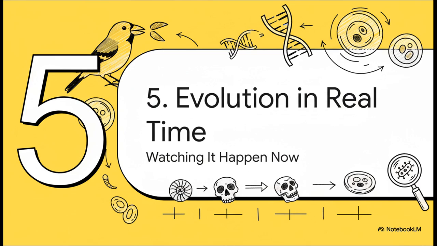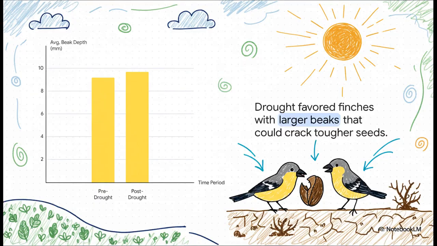Okay, so you might be thinking this is all stuff that happened millions of years ago. But nope, one of the most amazing things about evolution is that we can literally watch it happen right now, right before our eyes. Remember those Galapagos finches? Well, two biologists, Peter and Rosemary Grant, spent decades watching them, and they saw natural selection in action. A huge drought hit the island, and all the plants with small, easy-to-eat seeds died. The only food left was these big, tough seeds. And as you can see right here, the finches that happened to have slightly bigger, stronger beaks were the ones who could eat and survive. The population's average beak size visibly changed in a single generation.